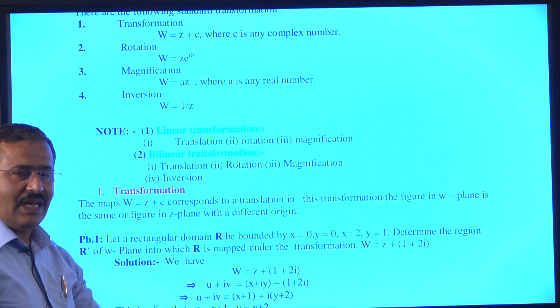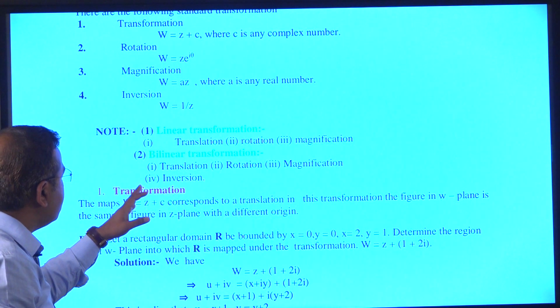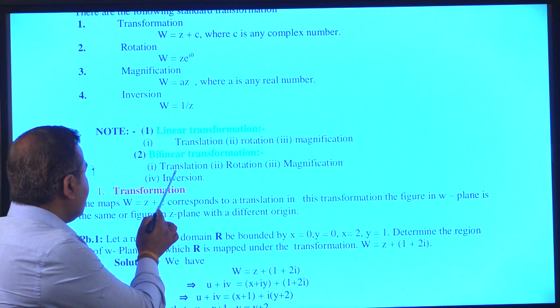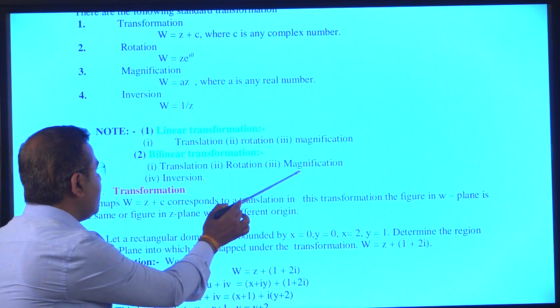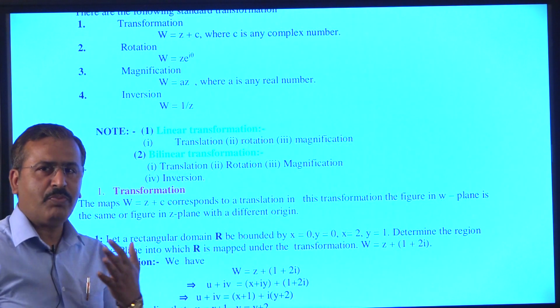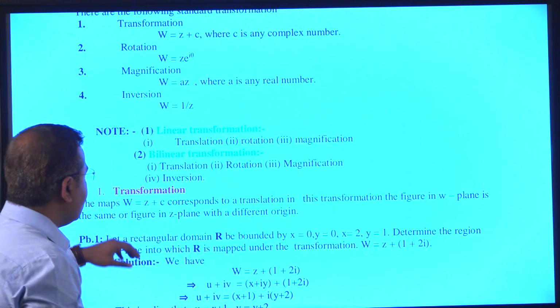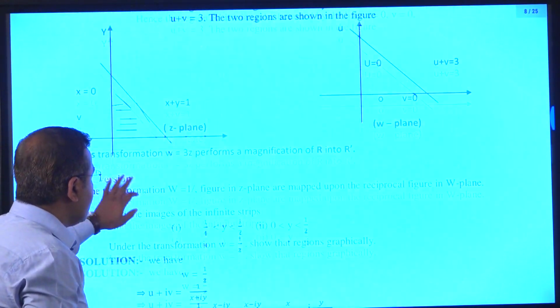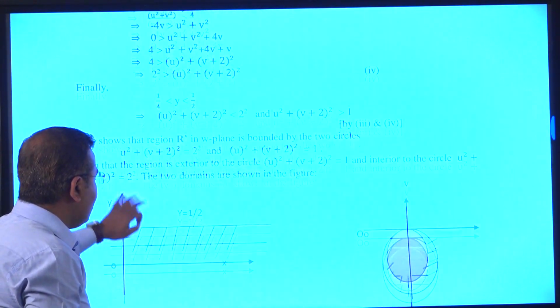But in today's lecture, our topic is the bilinear transformation. It means that when translations, rotations, magnifications and inversions, these four properties are satisfied, then we can say that it is the bilinear transformation. So friends, in today's video, we will discuss the